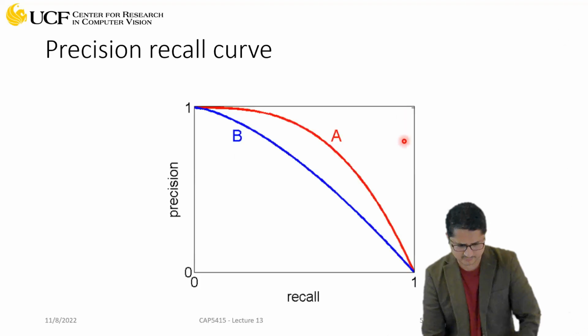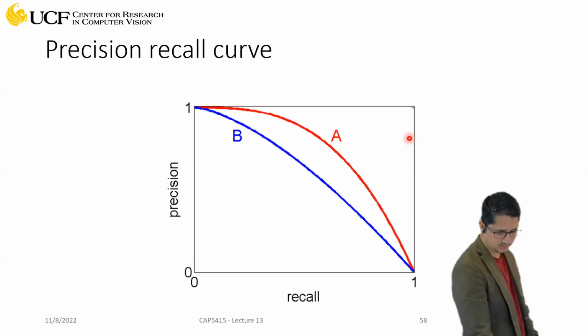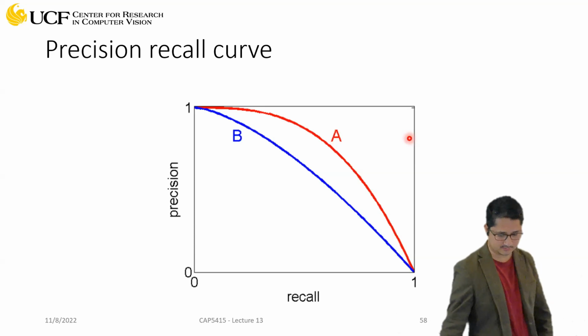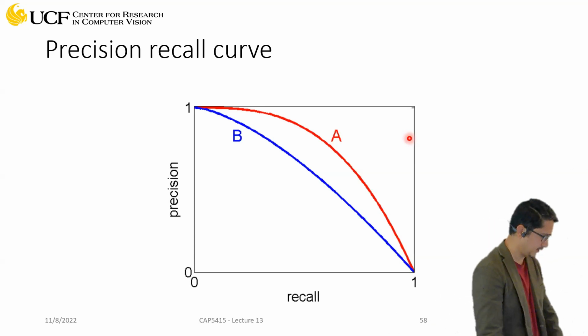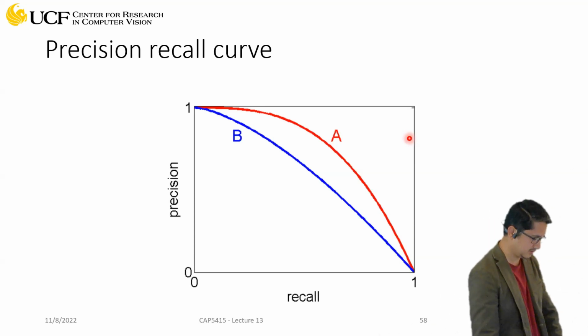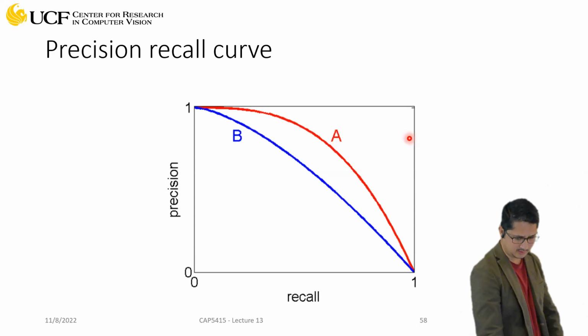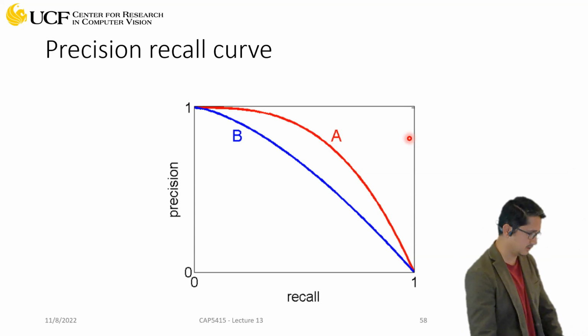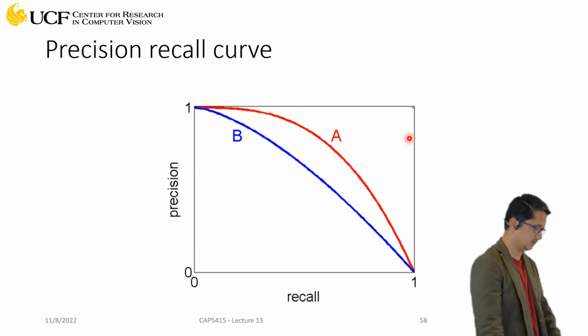So the question is pretty simple actually. You have a precision recall curve like this, where the y-axis is showing the precision and the x-axis is showing the recall. Let's say we had two different algorithms, one named A and the second named B. And we just plot those points which we were discussing in the table back there. The question is which one of these algorithms is actually doing a better job.